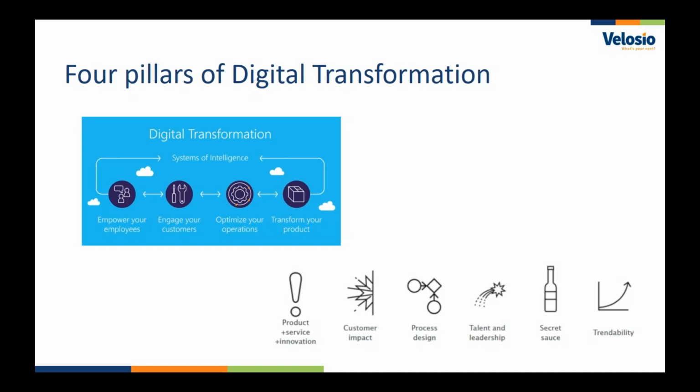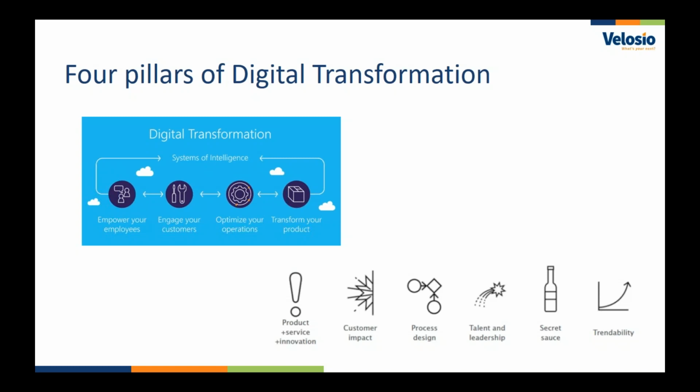Ultimately, we see that really leveraging digital transformation really creates these results at the bottom here, and that is giving you a better opportunity for product, service, and innovation, for really impacting your customer with a great experience, whether it be how they order from your site, how you ship their materials, how you service them, maybe if you're a field service type company. How do you build your processes to ensure that every customer interaction, every employee experience is really enlightened and enhanced with digital technologies?